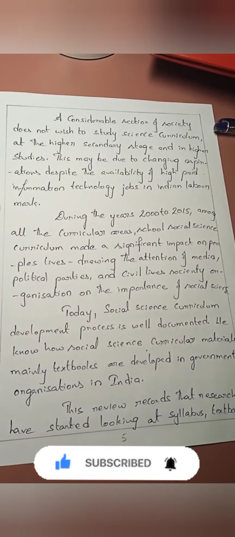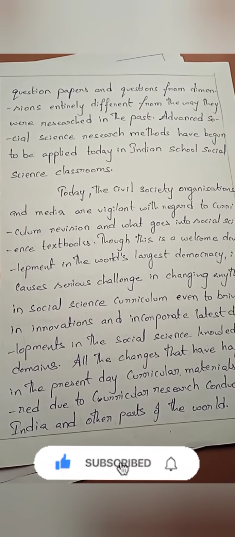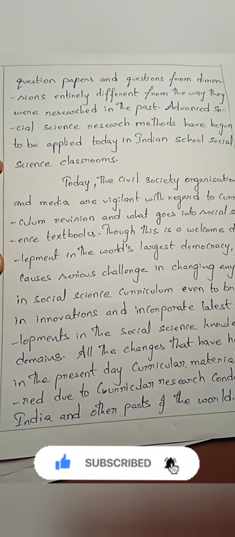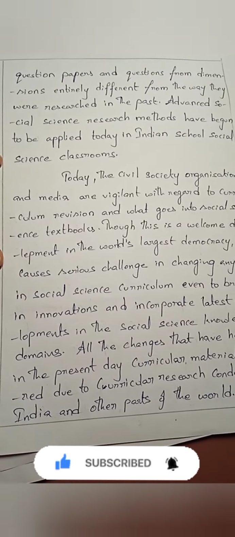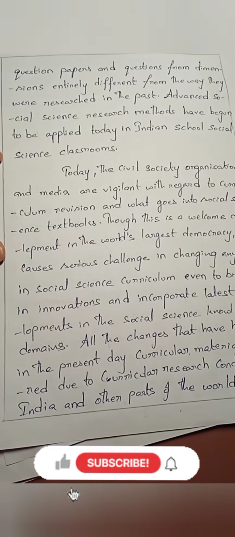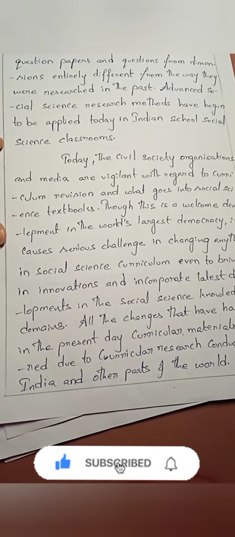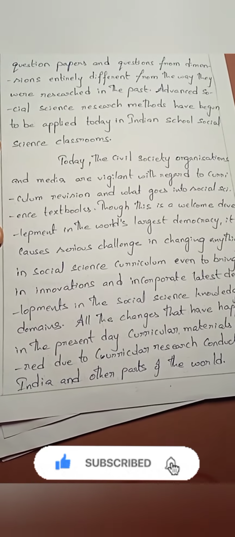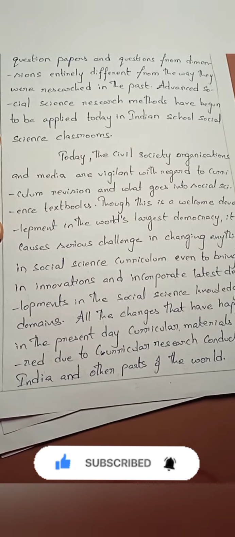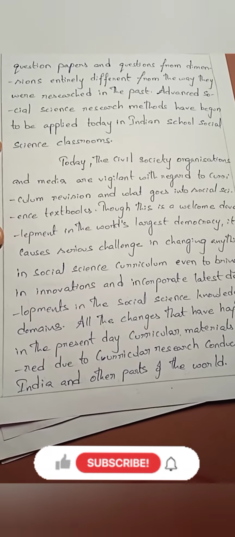This is a review record that researchers have started looking at the syllabus, textbooks, questions, and papers from dimensions entirely different from the way they were researched in the past. Advanced social sciences research methods have begun to be applied today in Indian school social science classrooms. Today, civil society organizations and media are vigilant with regard to curriculum revisions and what goes into social science textbooks. Though this is a welcome